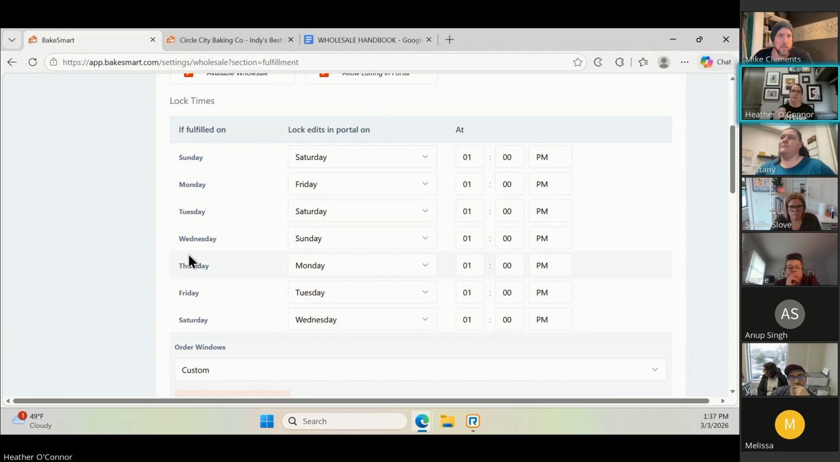This is going to be based on days of the week. So for an order that's fulfilled on Sunday, meaning it is delivered on Sunday, what time do you want to lock it in the portal for your customers to say you cannot edit this product anymore, this invoice any further? I put Saturday at 1 o'clock. So if you don't let me know by Saturday at 1 o'clock